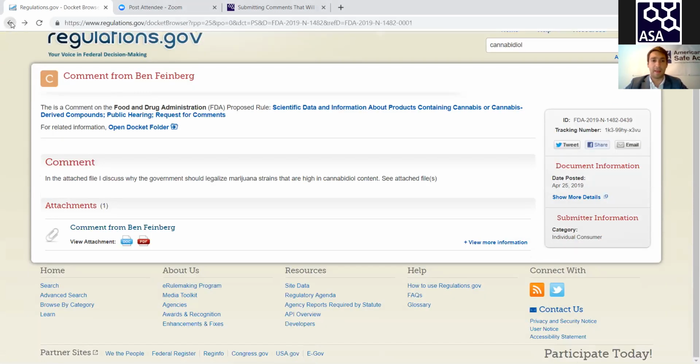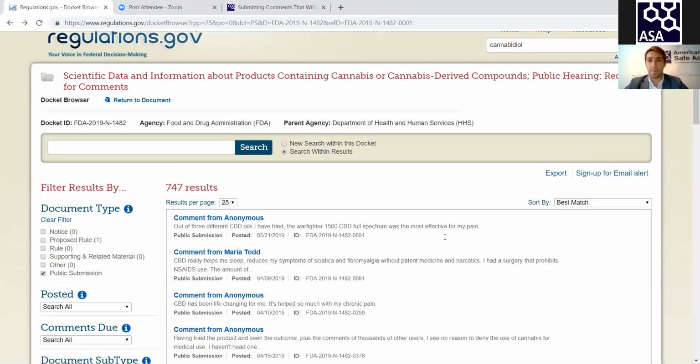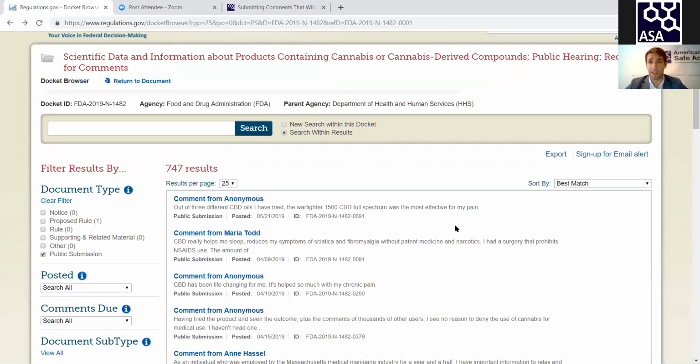You can go through, and again, some of these are much better than others, but things that we would definitely recommend avoiding is only including a personal story without at least referencing the stories of others, or, more importantly, or preferred, referencing a study that backs up your claims. Don't attack the FDA. There is a person on the other end of these comments reading them, so putting in disparaging remarks, saying that you have done nothing, well, it may be true.